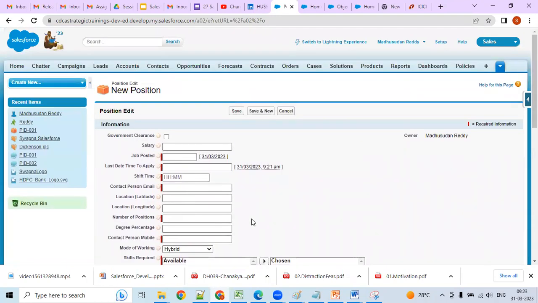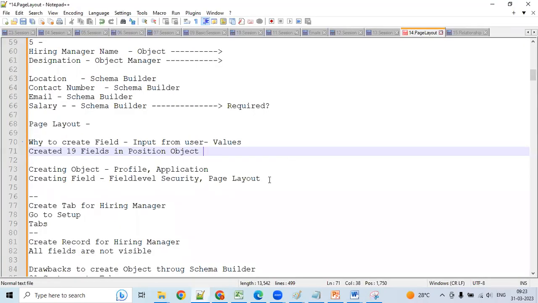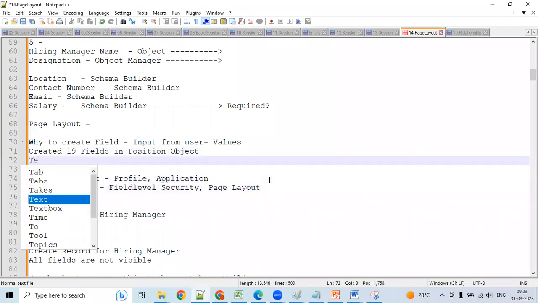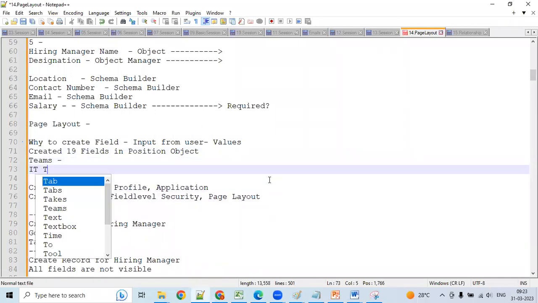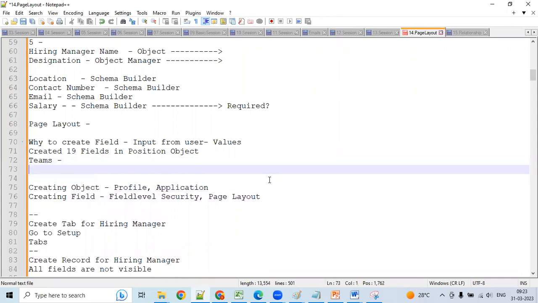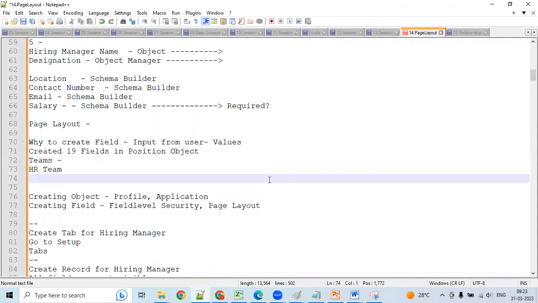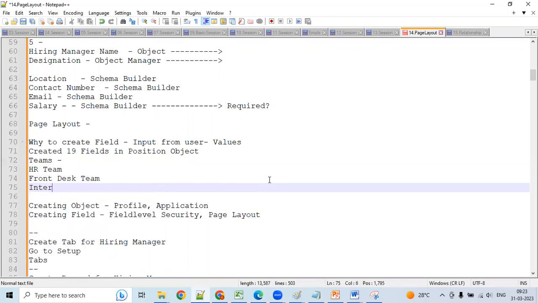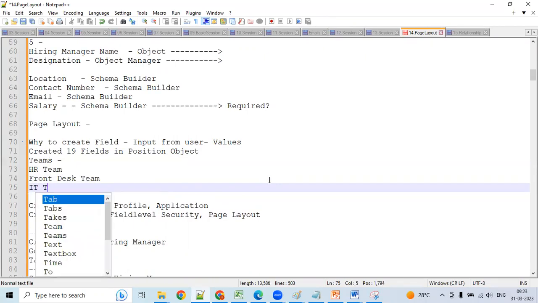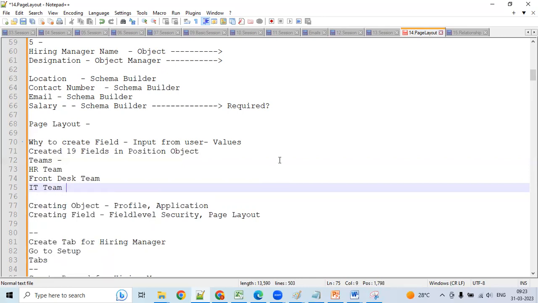Now, there are different teams in the organization. There will be an IT team, and by IT team I mean the HR team, let us assume. And there is a front desk team, and there is an interview team. For these teams,